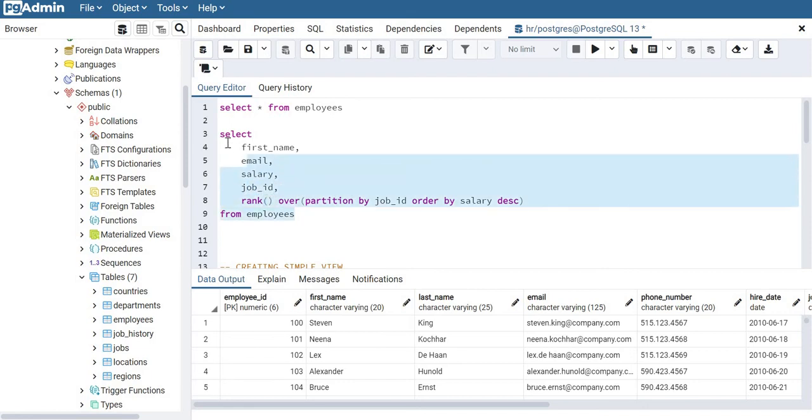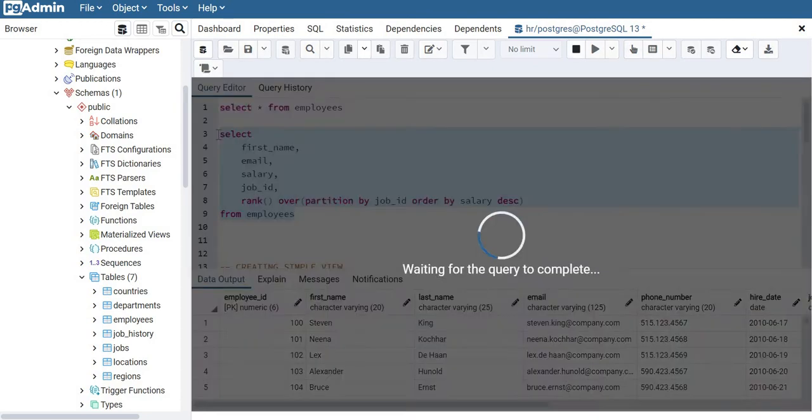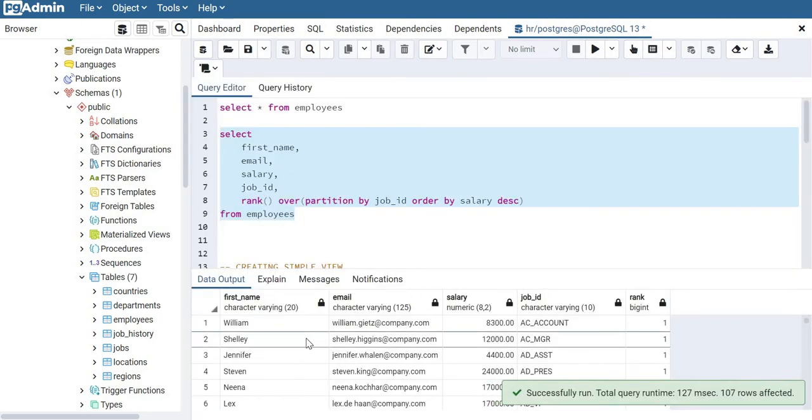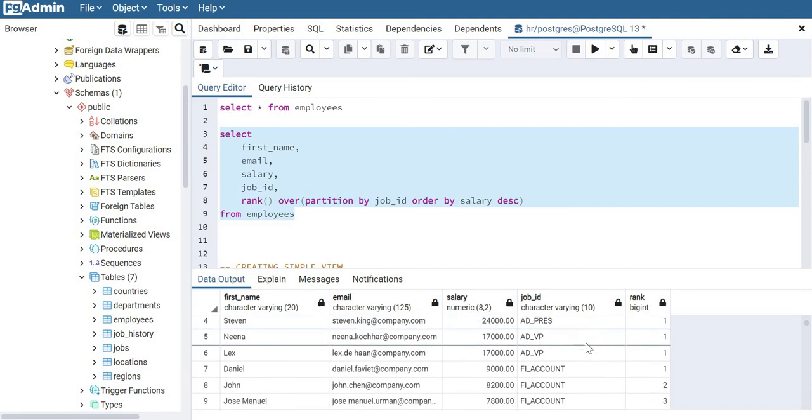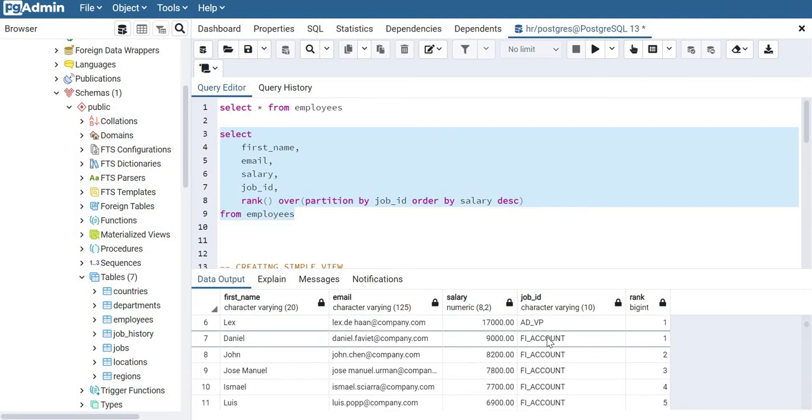Okay. So first of all, let me run this query. What result will it give me? Well, it will give me this. Now it has divided every job ID according to the rank. Whenever there is more than one entry of the same job ID, it will be ranked. Like you can see here, FI account has many entries, so it has been given